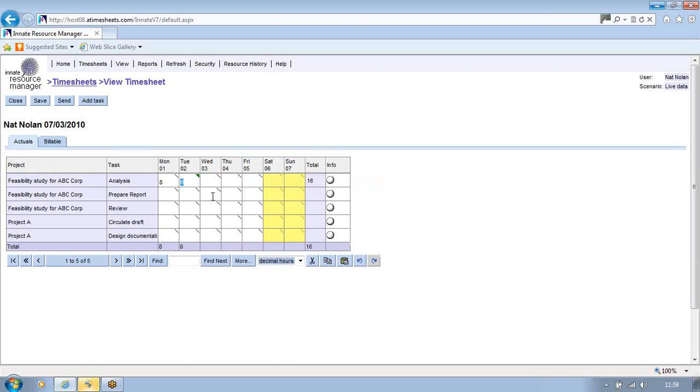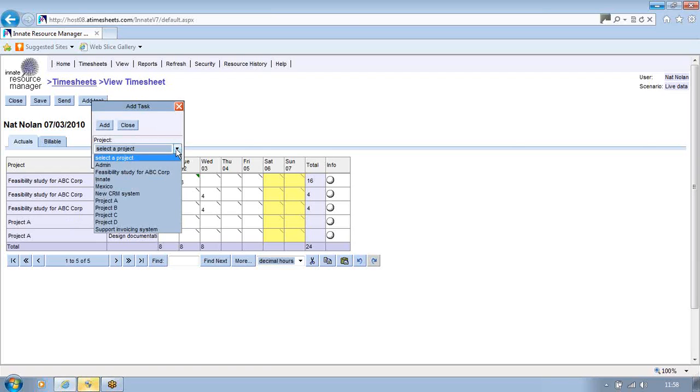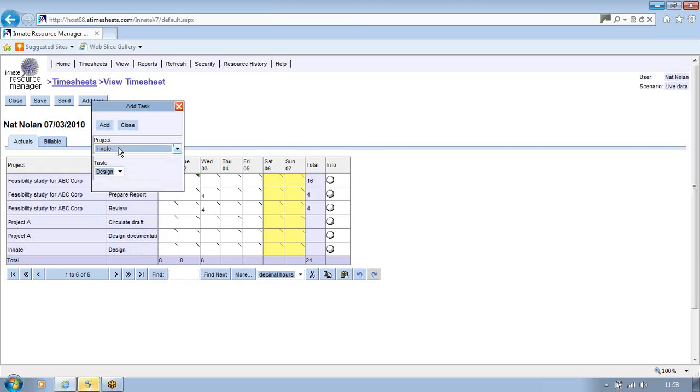Okay, let's assume that on Wednesday then Nat spent 4 hours on preparing the report, and then started in the afternoon working on the review. And at this stage he could save this, and then from then on he worked on a project and tasks that are not displayed here. So we want to add that in. So we select a project from the list of projects that he has got access to, and there's the Innate Timesheet design. We'll add that in, and that appears,